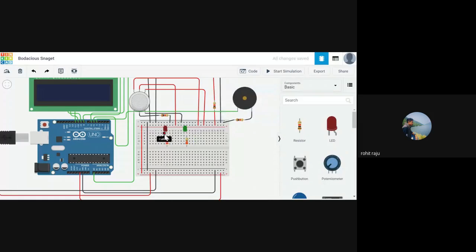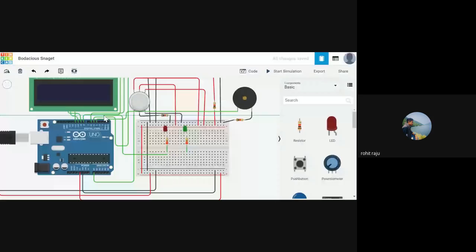Okay, the cathode should be grounded. So let's connect this here. These are internally connected. So let's connect it to pin D2 right there.